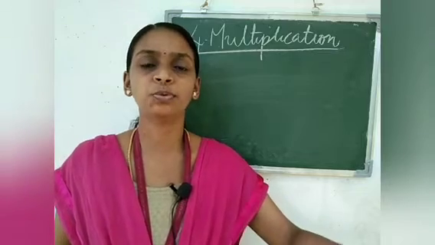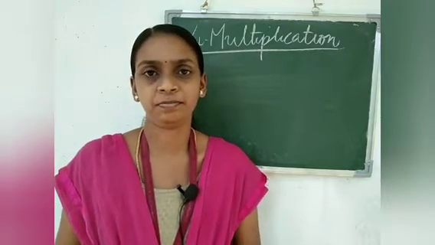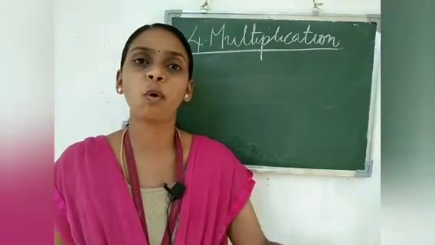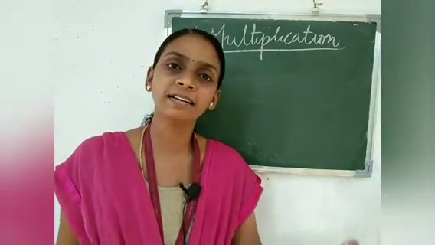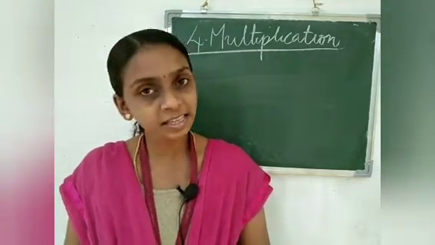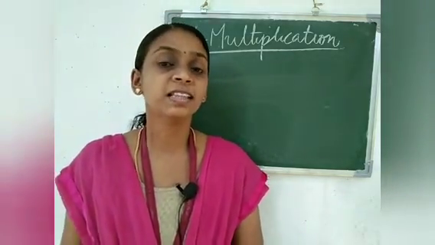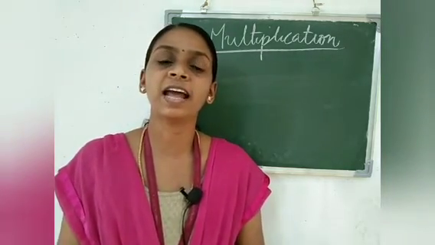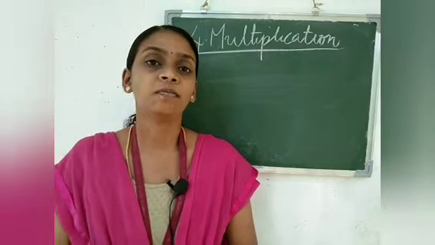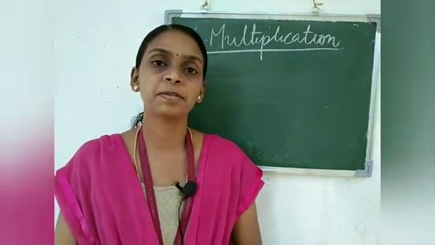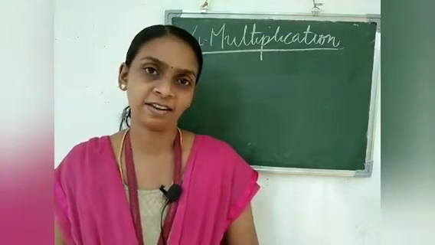Multiplication table of 2, 5 and 10. And we studied the multiplication tables of 3, 4, 6 and 10. 10 also very simple to say. So in this class we are going to study the remaining multiplication tables, that is 7, 8 and 9. So we have to study the multiplication tables of 7, 8 and 9.